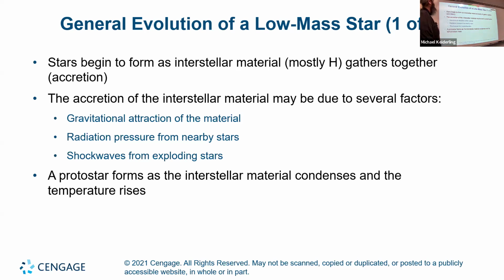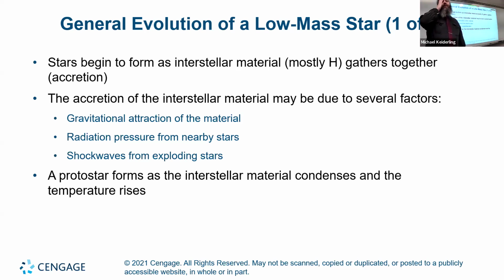Stars begin to form as interstellar material, mostly hydrogen, gathers together via accretion. This can be due to a few different reasons. The material is gravitationally attracted to itself. It can be pushed together by radiation pressure from nearby stars or shock waves from exploding stars in the vicinity. These can cause areas to become denser and start to collapse under their own gravity. And as this lump of material